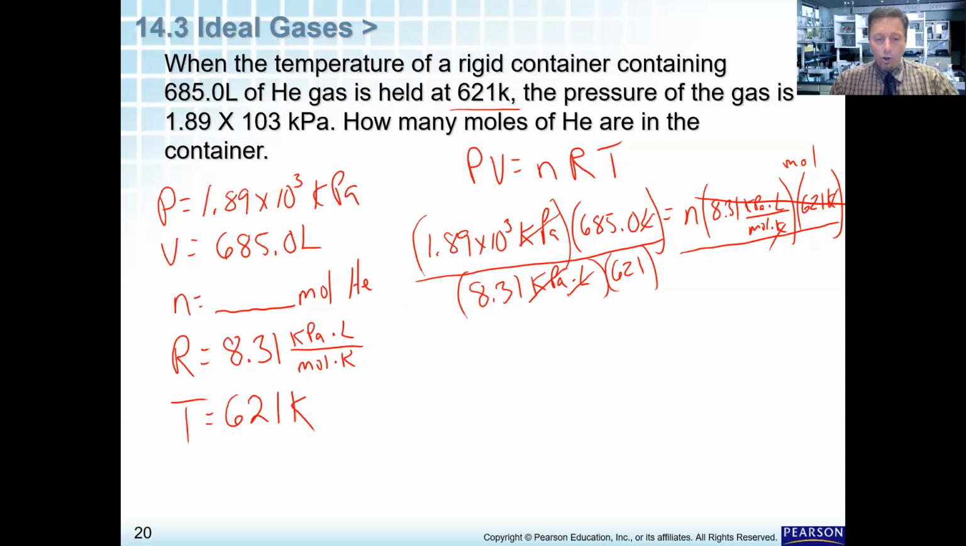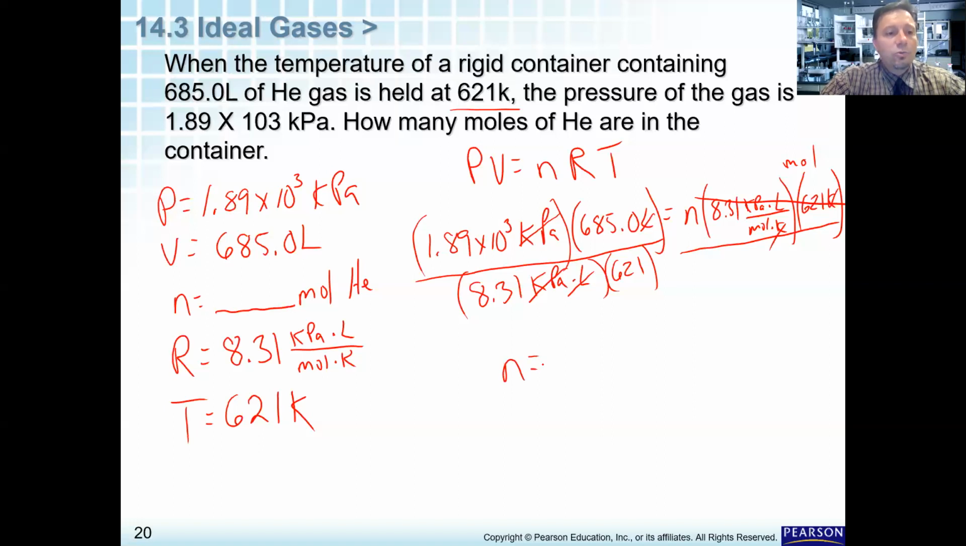So I'm going to go 1.89 times 10 to the third, multiplied by 685. I'm going to take that and divide it by 8.31 times 621. So when I look at my significant figures, I have to be at 3 significant figures. So when I plug this in here,